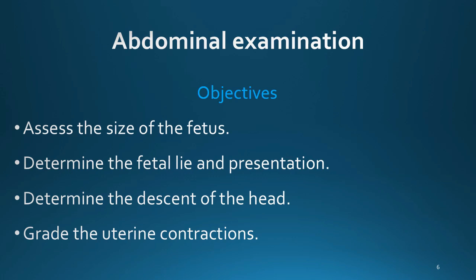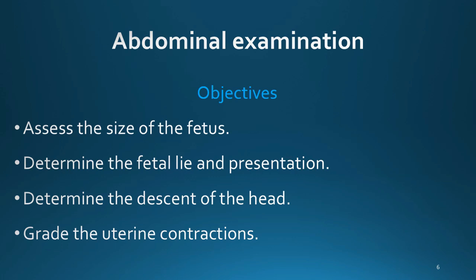Next, in the abdominal examination, fetal size or fetal growth can be assessed with correct abdominal palpation and checking of symphysiofundal height. A fetus which feels smaller or larger than expected is associated with fetal problems like IUGR or fetal macrosomia. If you feel that the symphysiofundal height is smaller than expected, it may be IUGR, or fetal macrosomia with a large abdomen or multiple pregnancy.